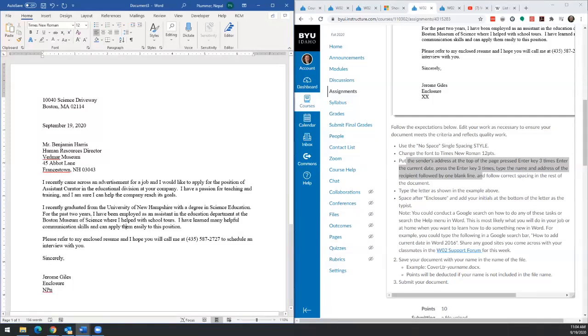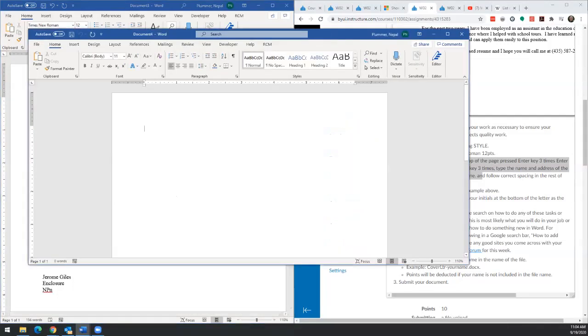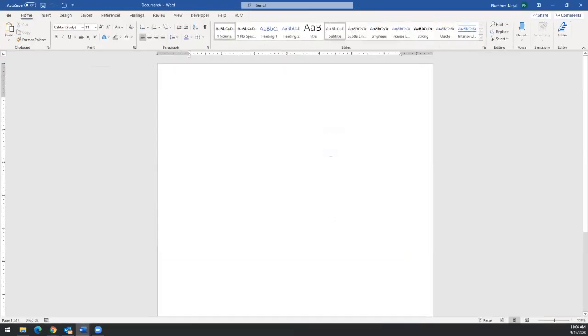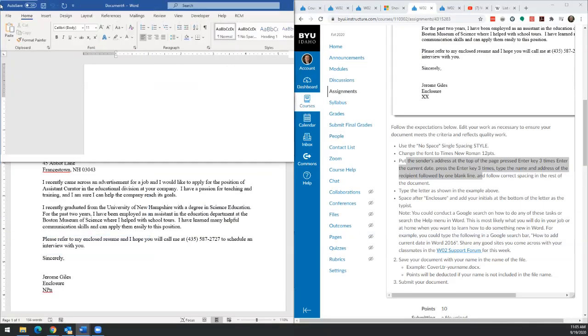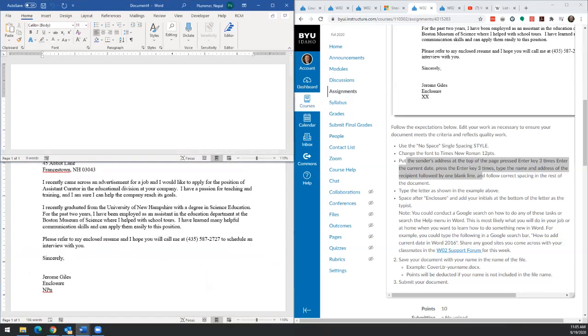I'm now going to create a new document. In case you're wondering what I just did, I hit the Control key and N. That creates a new document. Hey, I'm giving you little tips and tricks here. Also, F12 will save a document. Pretty cool. All right, so I have a blank document here